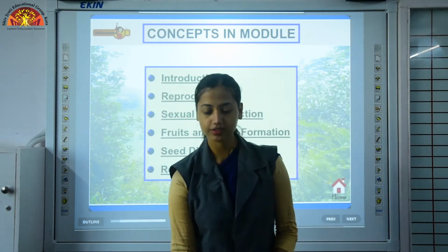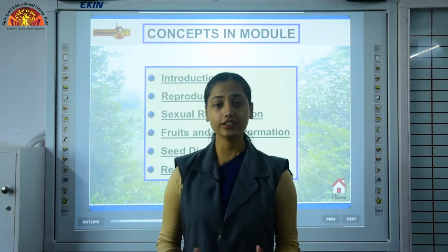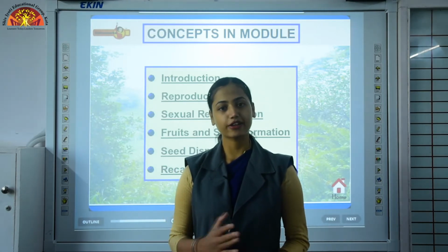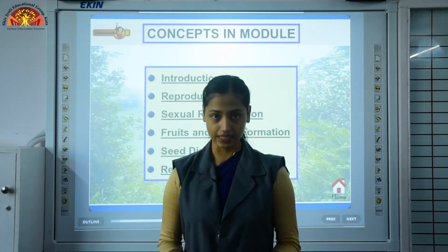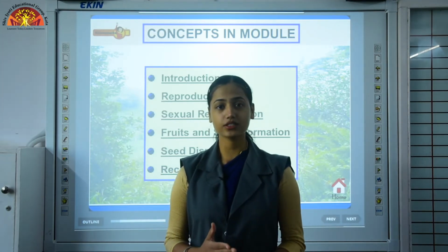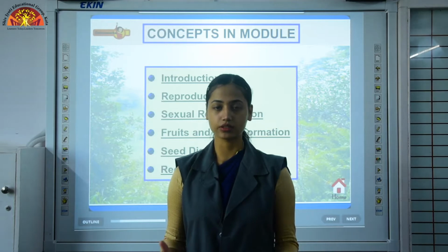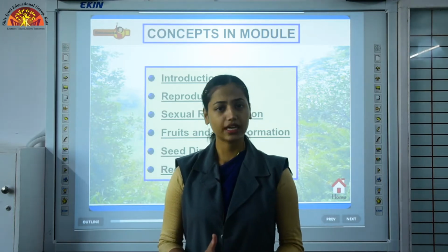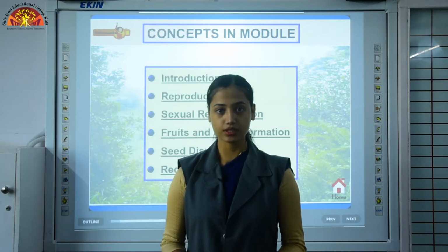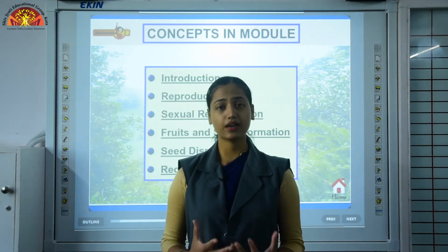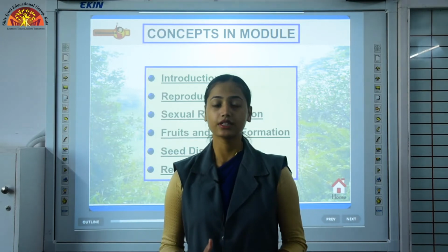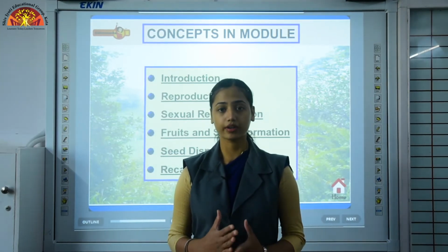Now, do you know for how many years we live? Our lifespan is just about 60 to 70 years and then we die. But humans have been present on earth for thousands of years, not only humans, but the rest of the animals and plants. So how is this possible? Our lifespan is very short, but still humans, plants, animals are there on earth. This is because of reproduction.